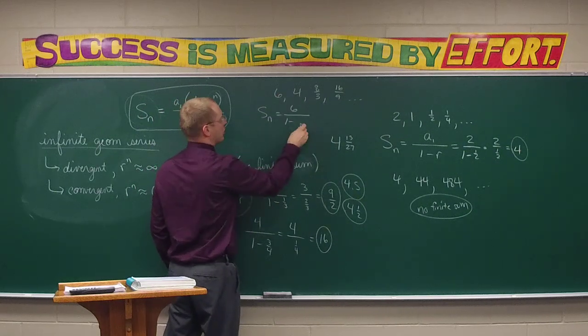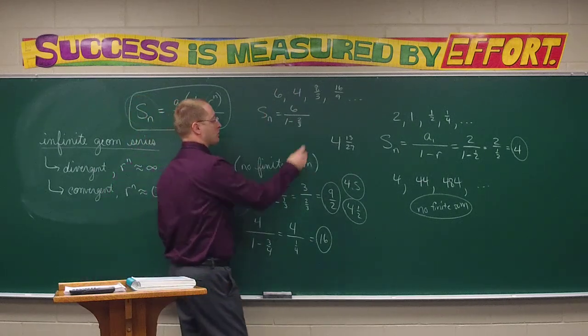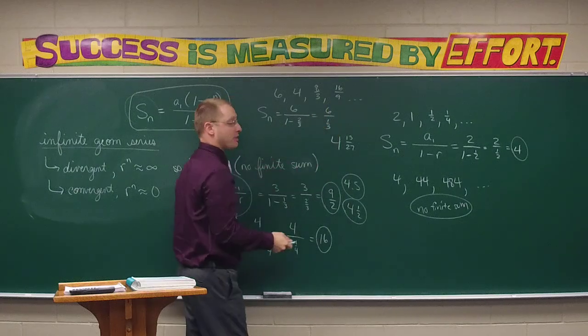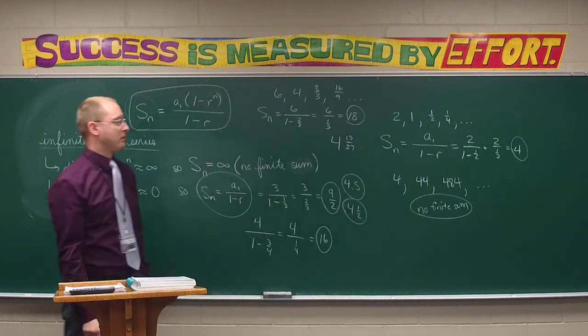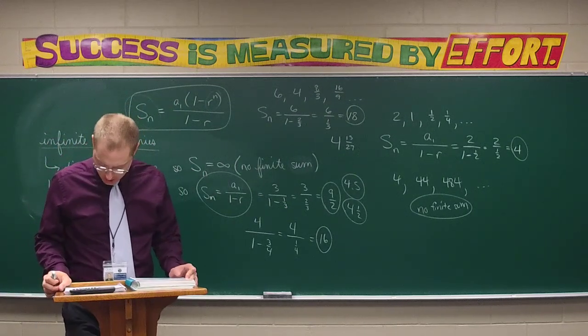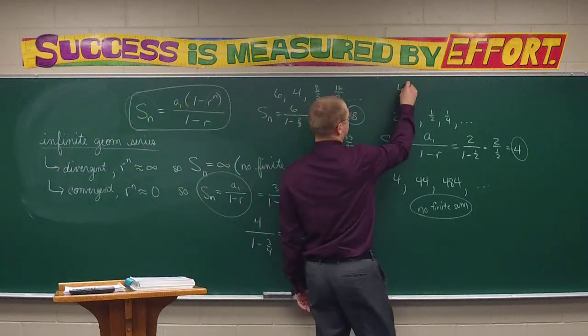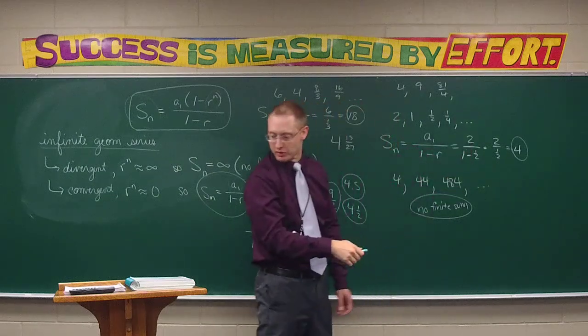Good. 4/6 or 2 thirds would work, just taking the ratio of 4 to 6. And of course, 1 minus 2 thirds, class? 1 third. And 6 divided by a third? 18. If we added all those little bitty fractions together at the end, it would all add up to exactly 18. Number 24. We got a 4, and a 9, and an 81 fourths, and whatever else comes next,